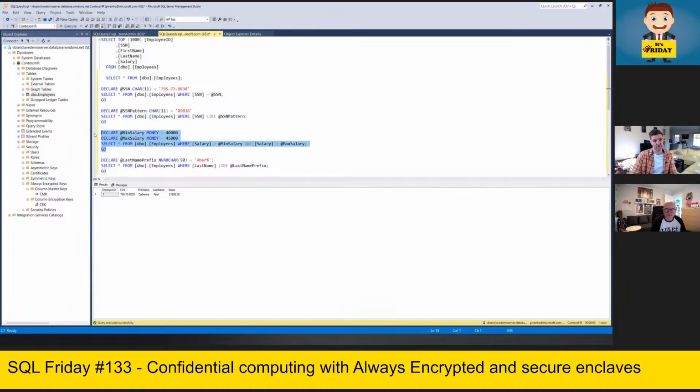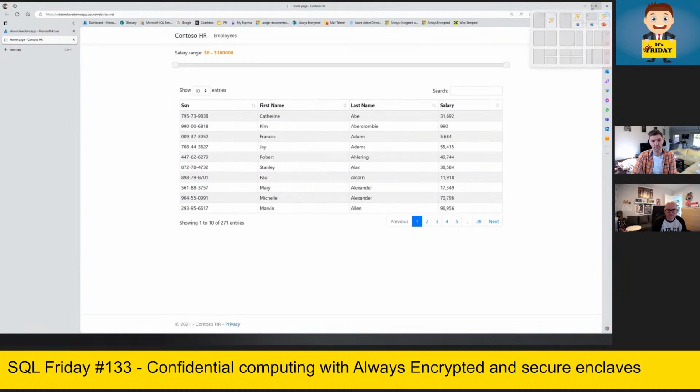If I use two parameters here, min salary and max salary, where the salary is larger than and smaller than, it will also show you the result set in plain text. So again, another advantage of using Always Encrypted with secure enclaves. All these WHERE clauses were not possible with Always Encrypted before. All right, cool. Let me jump back to the presentation.